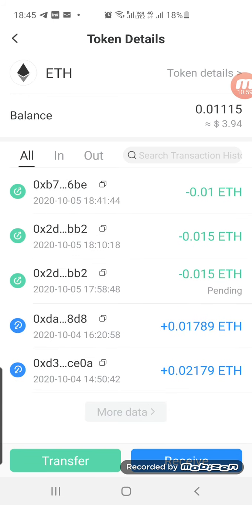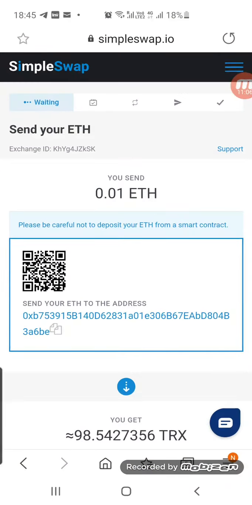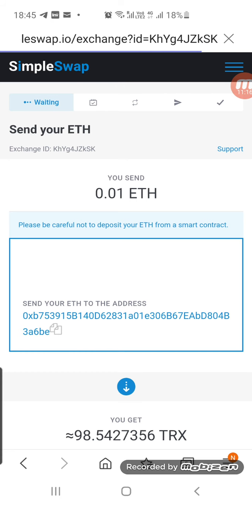It says 0.01 ETH sent. So, but it's still not coming. I'm just still refreshing it. It takes around 4 or 5 minutes, I suppose.